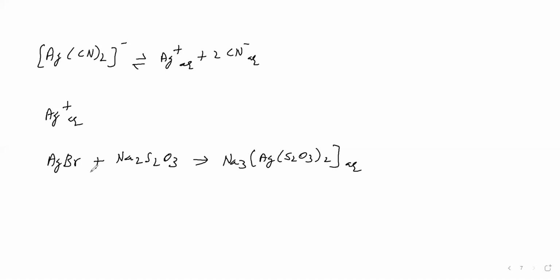Next, in medicine, let's see how coordination compounds are used. Suppose in the body excess copper and excess iron are there. Then it will be toxic to the body. So how do we remove this excess copper and excess iron from the body? For this we are using a chelating ligand. A chelating ligand makes a minimum of 2 coordinate bonds with the central metal and forms a ring structure with the central metal. That is called a chelating ligand.